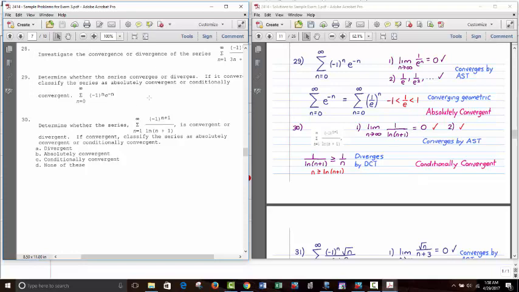However, this one's a little tricky. Looks almost like integral or something, but this is another one with a direct comparison test. We would say that 1 over n is smaller than 1 over ln of n plus 1. Keep in mind that ln of n plus 1 is going to be greater than n, but then that makes